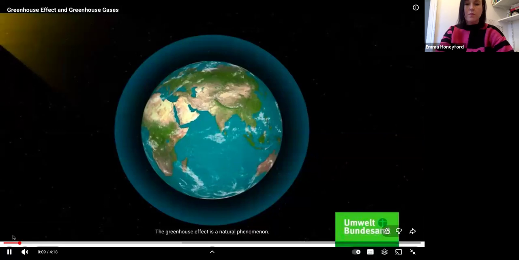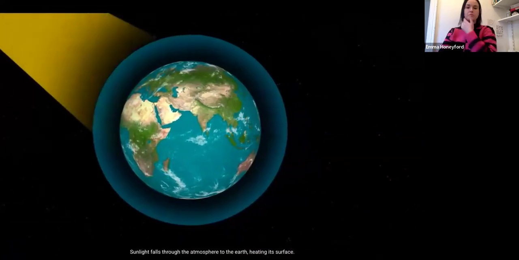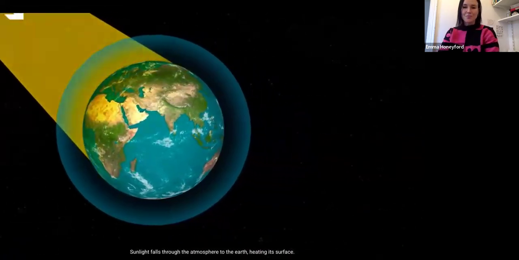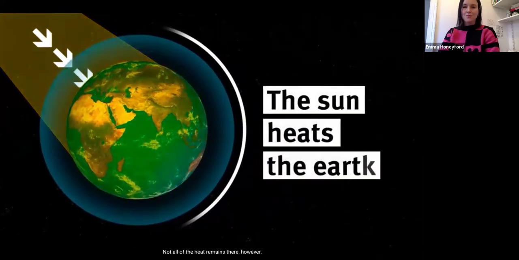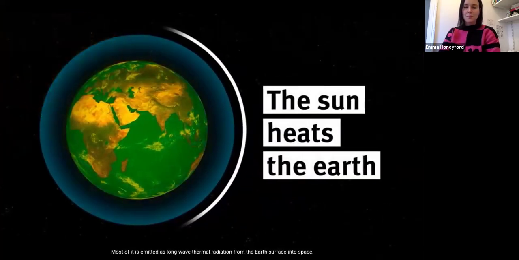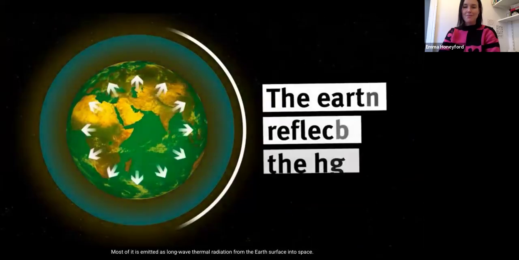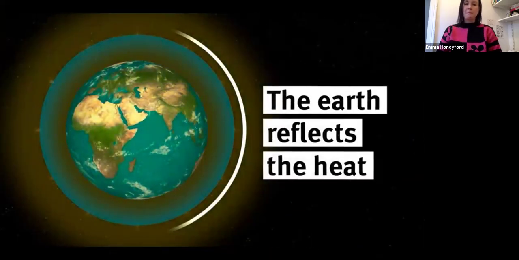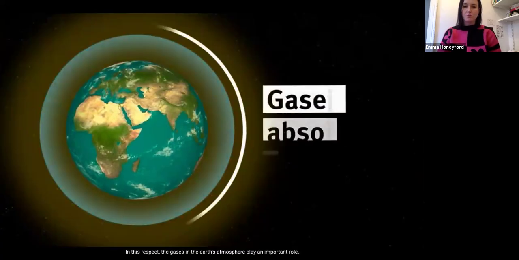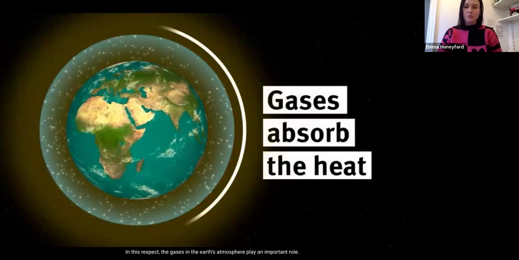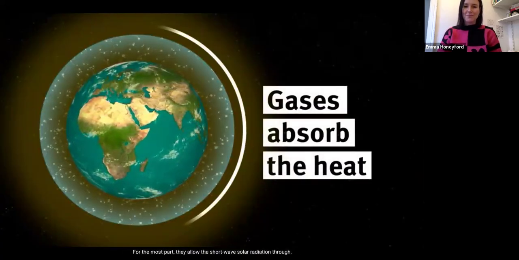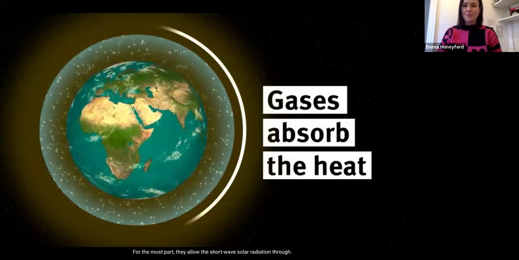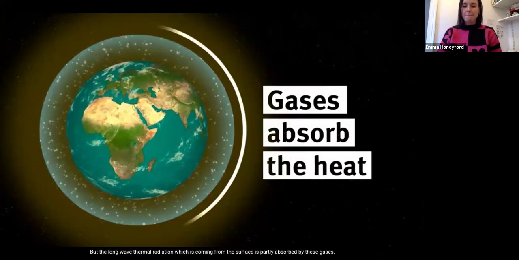Greenhouse effect is a natural phenomenon. Sunlight falls through the atmosphere to the Earth, heating its surface. Not all of the heat remains there, however. Most of it is emitted as long-wave thermal radiation from the Earth's surface into space. In this respect, the gases in the Earth's atmosphere play an important role. For the most part, they allow the short-wave solar radiation through, but the long-wave thermal radiation which is coming from